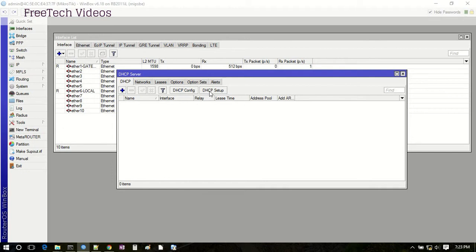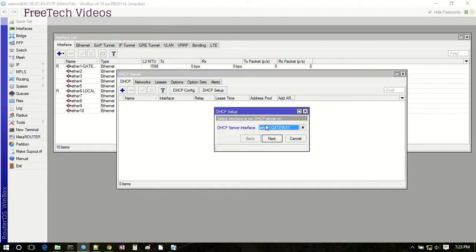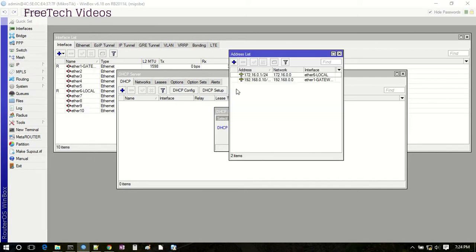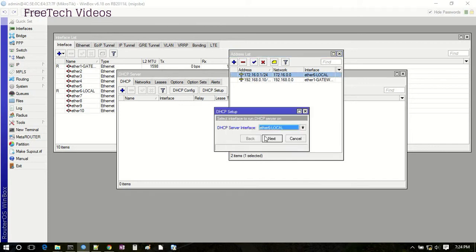From the menu you can see DHCP setup. Just click on it. Now I'm creating DHCP based on the local. Remember, the IP address is being applied to local, my local network. So what we do, local, next,